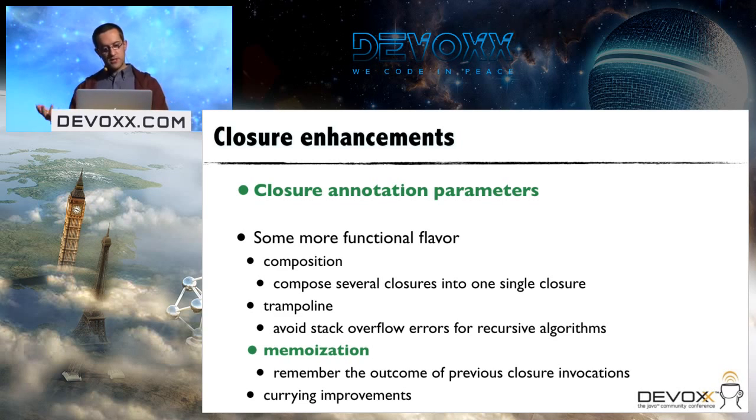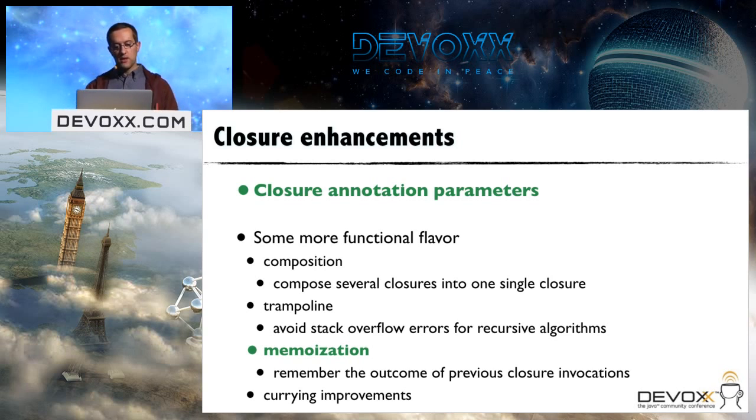It's used in the APIs for adding a functional flavor to the language, because you can describe your algorithms in a functional way, and we keep on adding some features to further give you some further possibilities in terms of functional